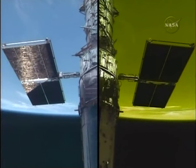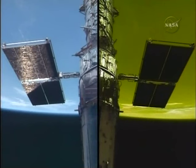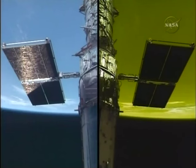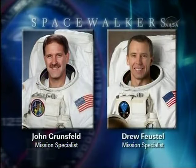That also clears the activity on the schedule for the astronauts on board Atlantis to move into their EVA procedure review. They have an hour set aside on their schedule for all 7 crew members to go over the detailed plans for tomorrow's spacewalk. That's to be conducted by astronauts John Grunsfeld and Drew Feustel, starting about 7:15 Houston time tomorrow morning,